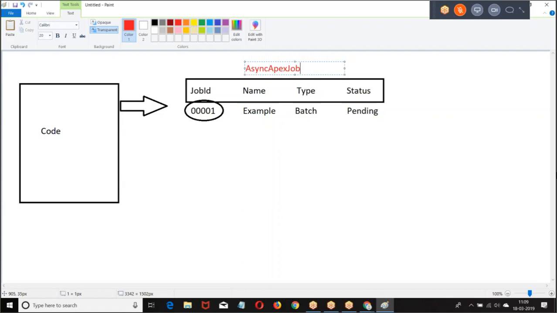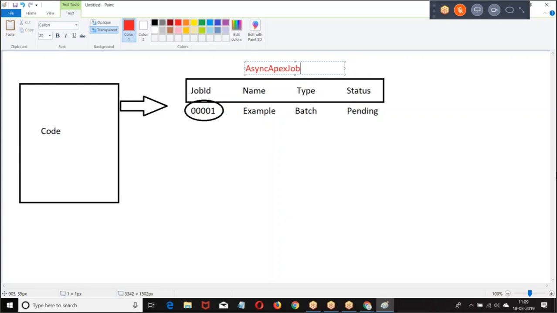Once you register, you get a job ID. Based on the job ID, we will know the status of the job. If I want to stop the job, based on the ID, I will stop it. Are you getting my point? So the tracking of the job and the stopping of the job will be done with the job ID.